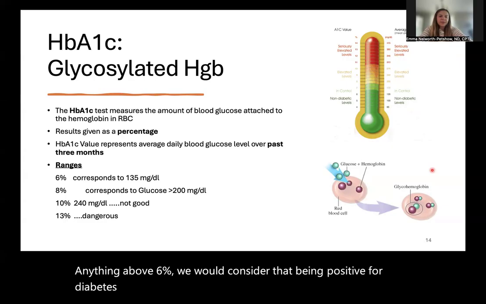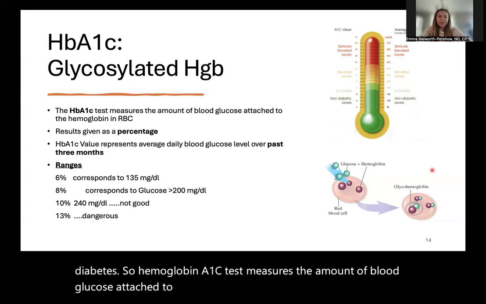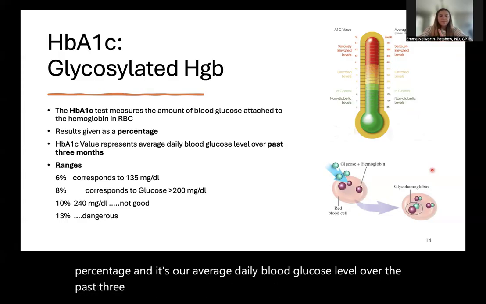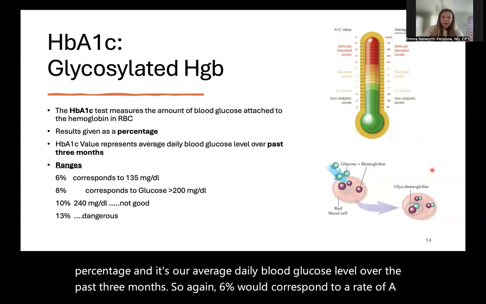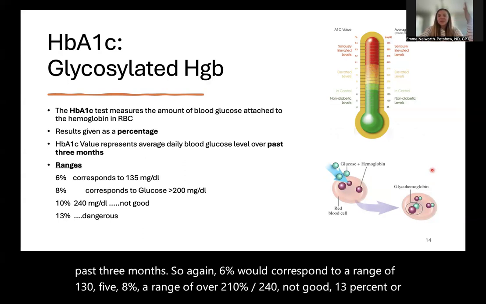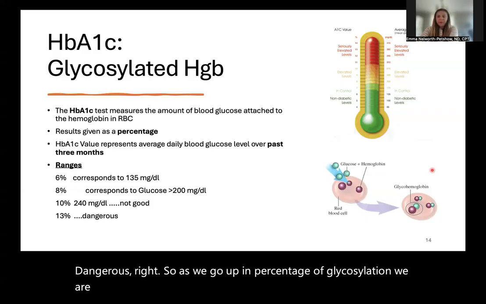So a hemoglobin A1C test measures the amount of blood glucose attached to hemoglobin in a red blood cell, and we get a percentage. It's our average daily blood glucose level over the past 3 months. So again, 6% would correspond to a range of 135, 8% a range of over 200, 10% over 240, not good, 13% or more, dangerous, right? So as we go up in percentage of glycosylation, we are more concerned about the blood sugar status